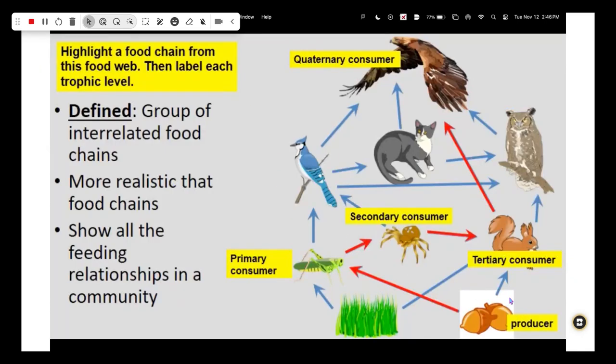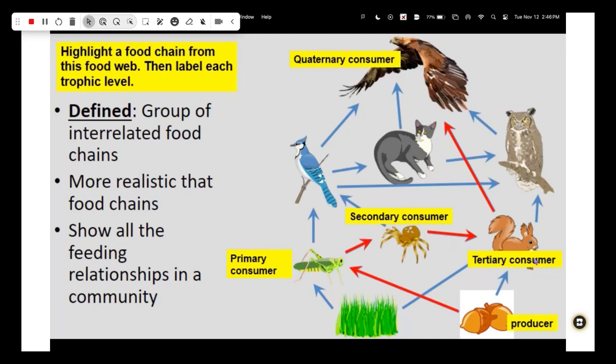Here is kind of what it would look like when you guys are labeling your own. So notice how they used different colors for the food web. I really like that. I think that's cool. Make it stand out. They use pretty basic pictures and they have the labels, right? So your producer, it always has to start with the producer. Your food web starts with the producer and it has to go to a primary consumer. Something has to eat first, correct? And then a secondary